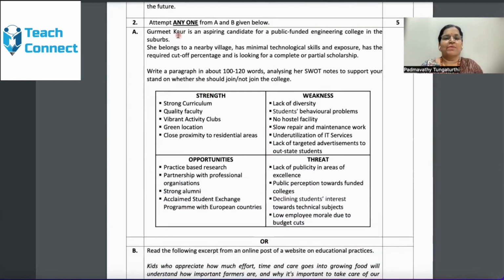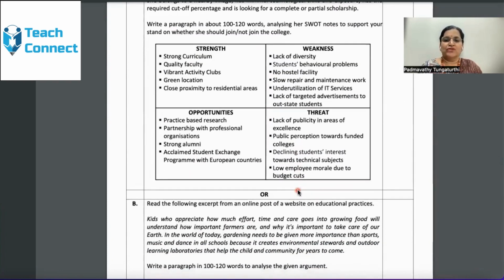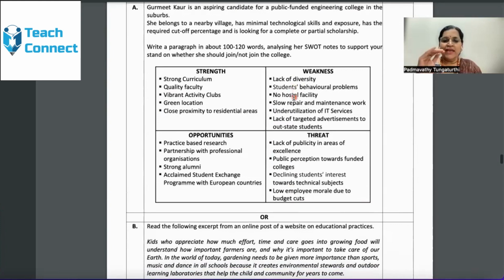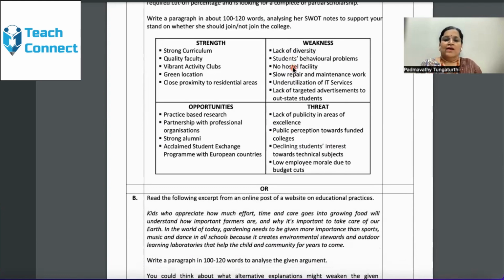Now going to question number 2A. Strengths, weaknesses, opportunities, threats. Strengths and opportunities go as the positivities of the child in order to go into this public funded engineering college. Weaknesses and threats are one capsule weighing out the positives and the negatives for the student, and they ultimately try to weigh out.